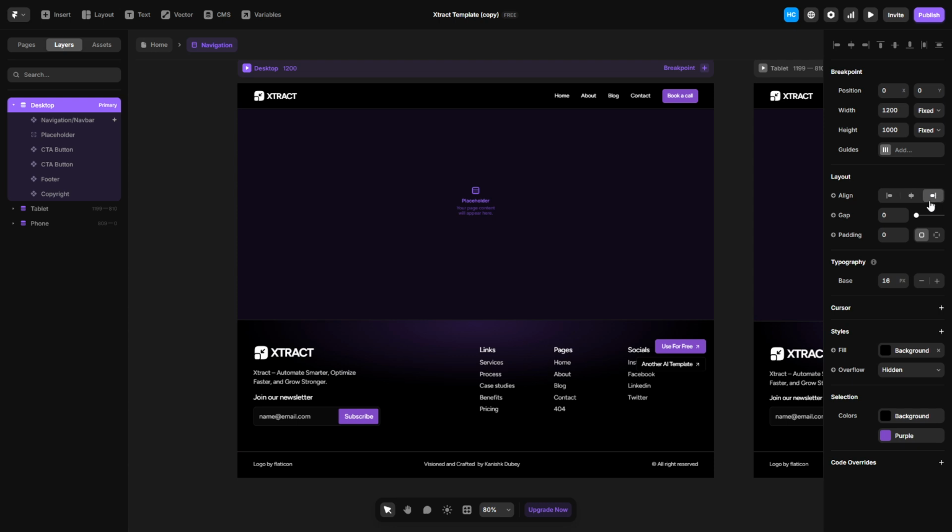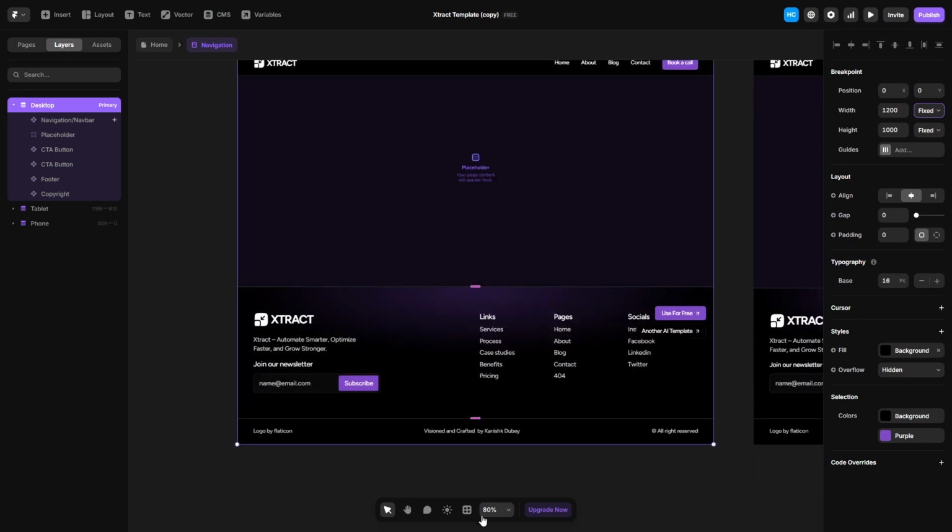To make sure your design responds well across sizes, set the frame's width to fill or fit, depending on whether it should stretch to its container or hug its content. Where possible, use percentage-based sizing for elements inside the grid, so they scale with the frame instead of remaining fixed. This combination of frame settings and percent-based widths helps the grid adapt smoothly when you switch breakpoints or preview the